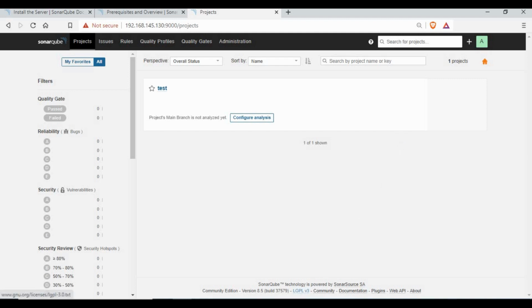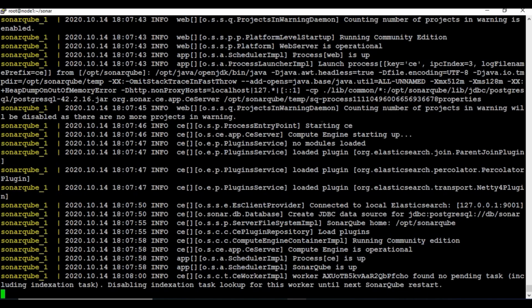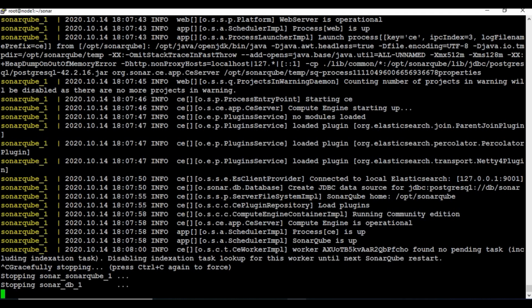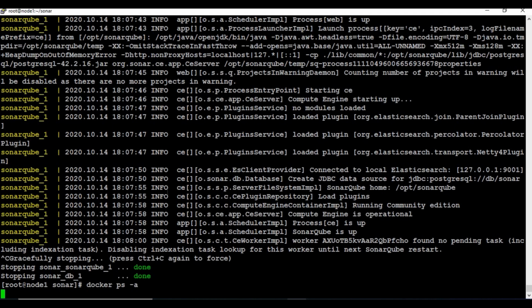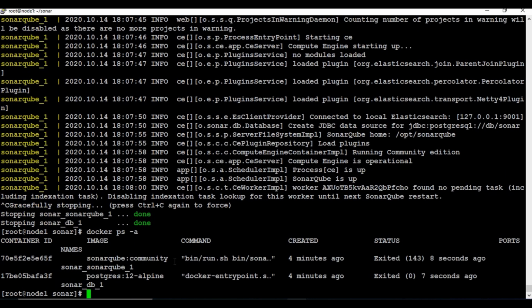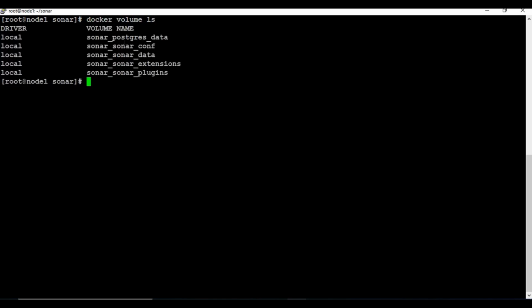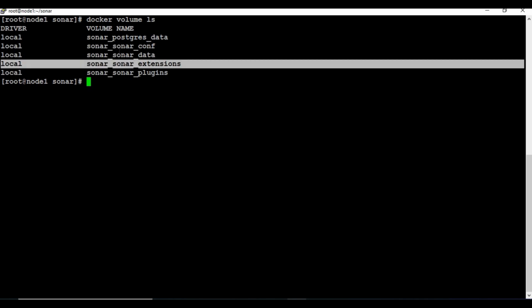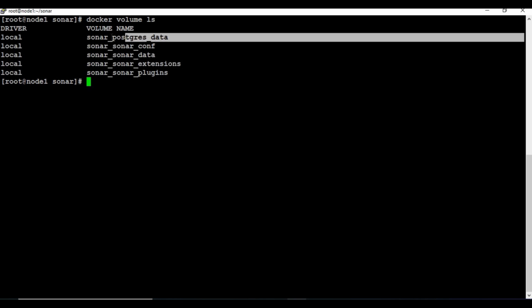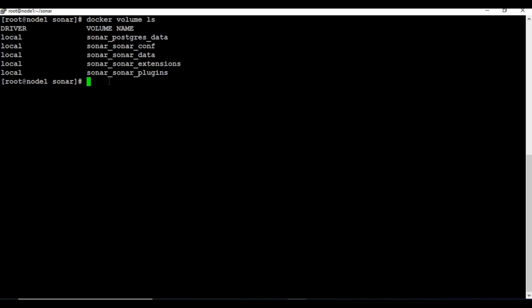Let me go back to this machine. If I exit from this, it will stop both containers because we ran Docker Compose without the detached mode. If I run docker ps -a, you can see there are two containers, not running, they've already exited. They were running before. And if I go to docker volume ls, you can see there are volumes created for SonarQube and Postgres data,